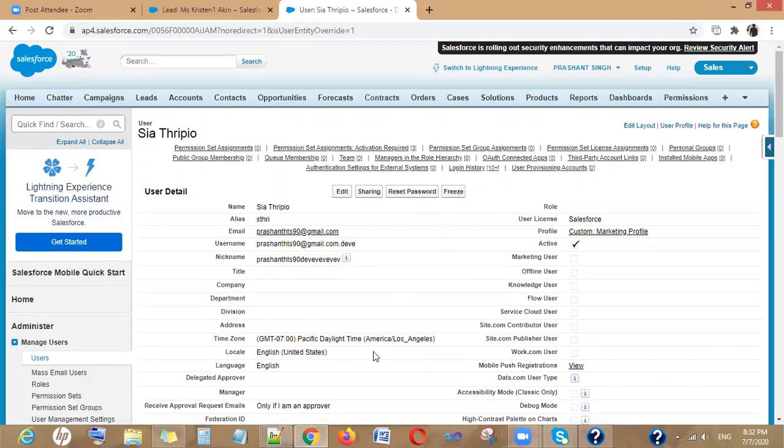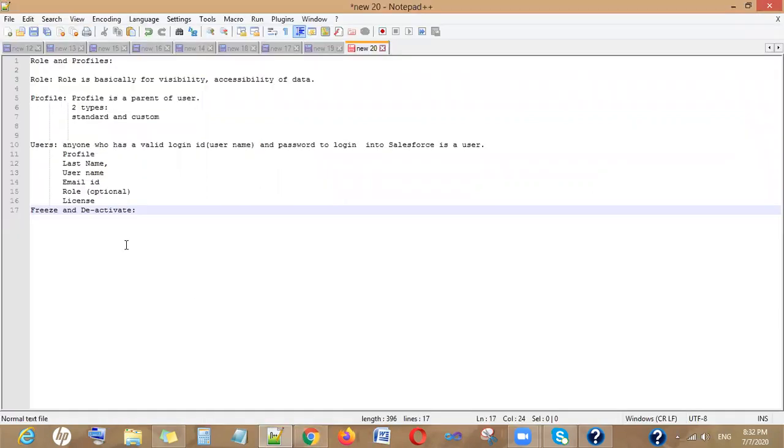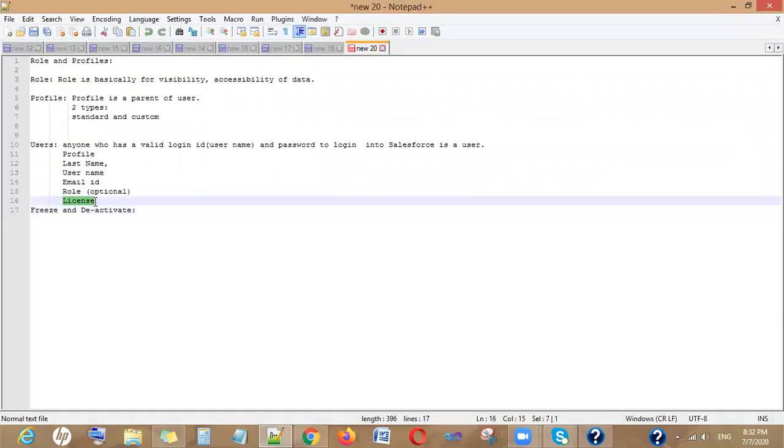When you click on freeze, our license will still be occupied, but for the time being, until the system administrator unfreezes, the user will not be able to log in from anywhere, even from the company. If there is an IP restriction, the user will not be able to log in to Salesforce.